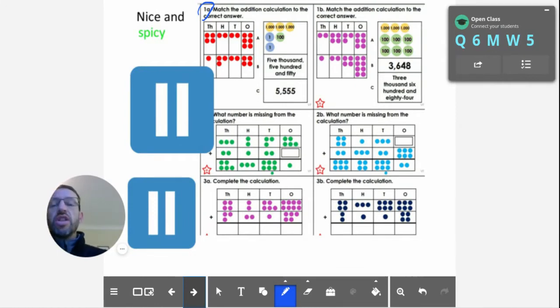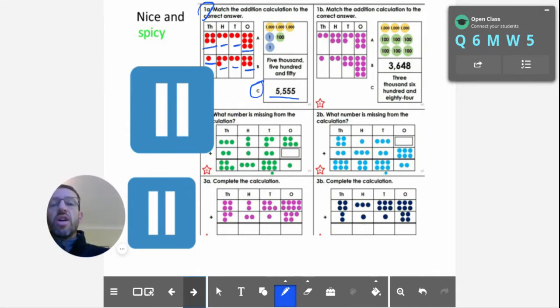It's multiple choice, but you're going to have to write down 4,226, add 1,324, and then put your answer down, put the letter, whether you think it's A, B, or C, and then write the number. So if you thought the answer was C, you'd have to write it down and you'd have to write